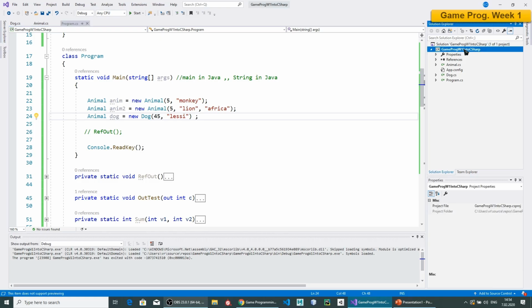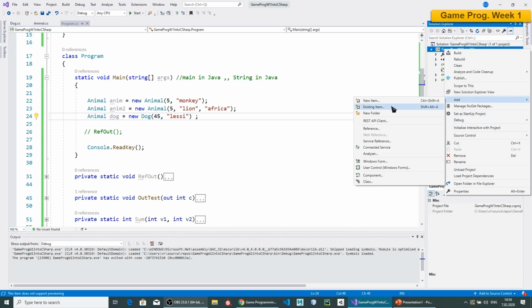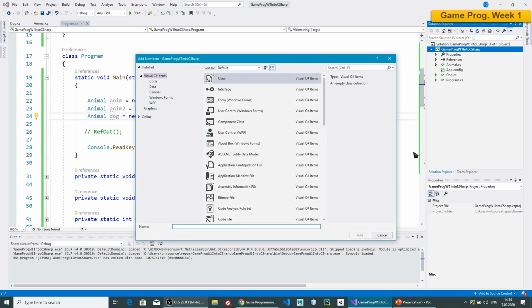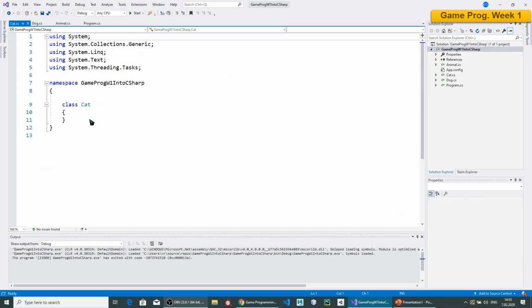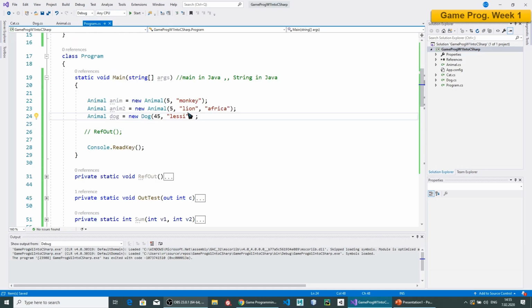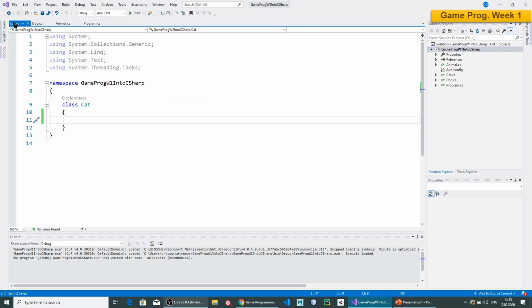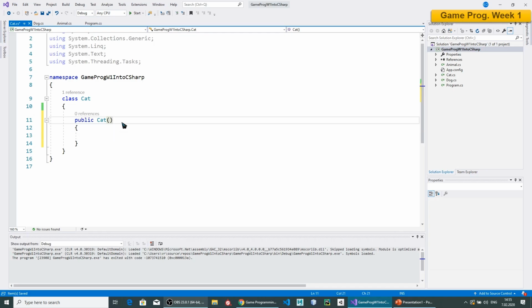Let me just create another animal simply add, which is say cat. I think this will be enough for me just to use it. I want to create, for example, again cat creator, and say integer age and then string name. Again, I want to just use this one base, then say,